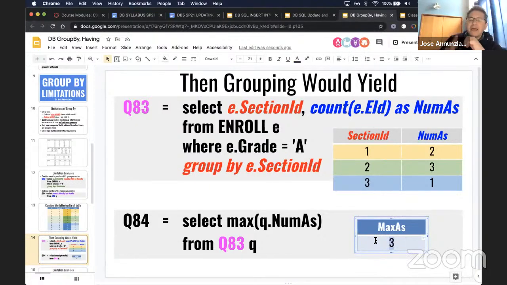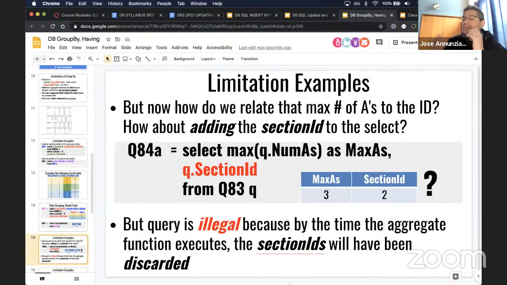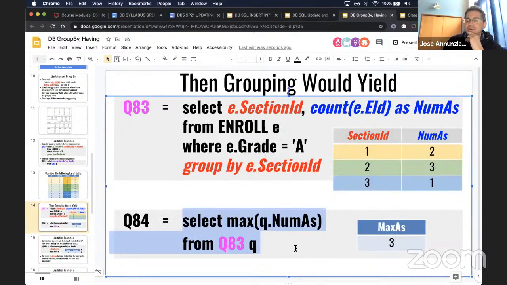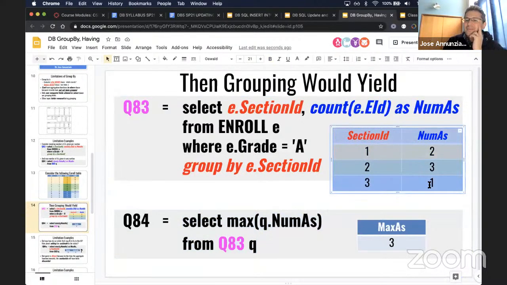Now, imagine my following question is, well, which section gets the highest number of A's? Well, somebody might say, oh, that's easy, right? I've got my select max Q of A's, right? This Q83 is this right here. When I group, it gives me this 3 over here. See that 3? It would be nice if you could tell me also that it was section number